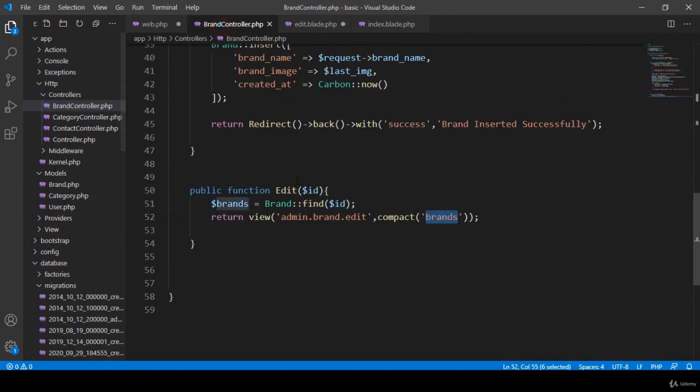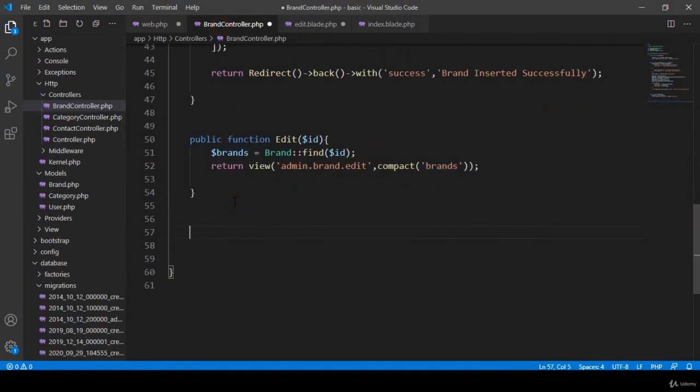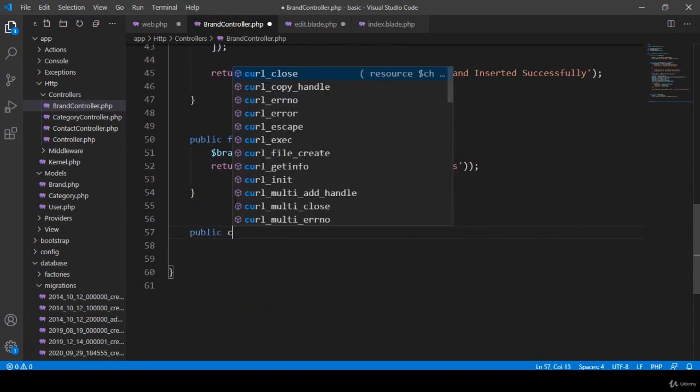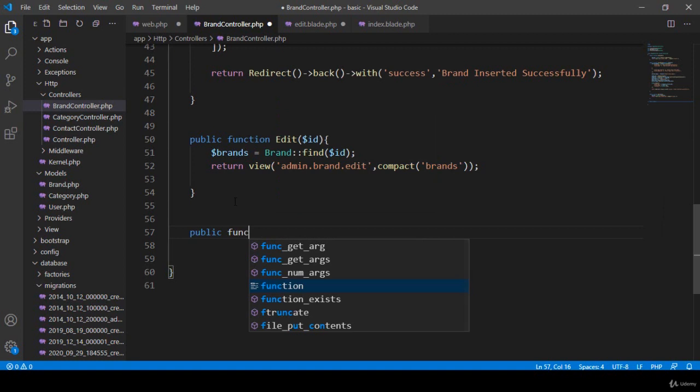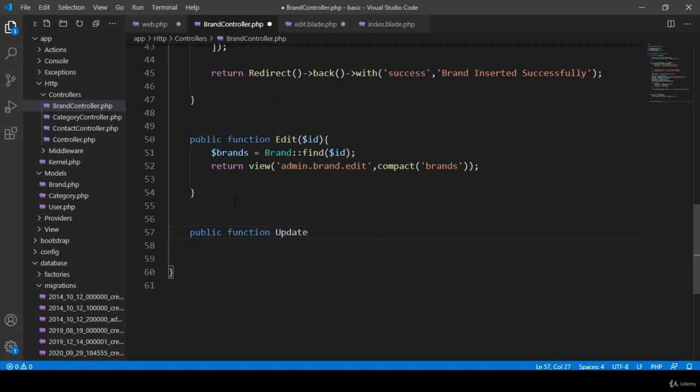Into the brand controller, after that edit, I want to create another one as a public function, and then our update. So I want to add it. And also when you're working with the update, as I told you, friend, we have to actually add that request. Remember? So we have to add that request